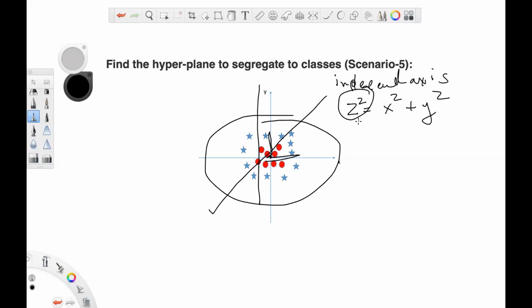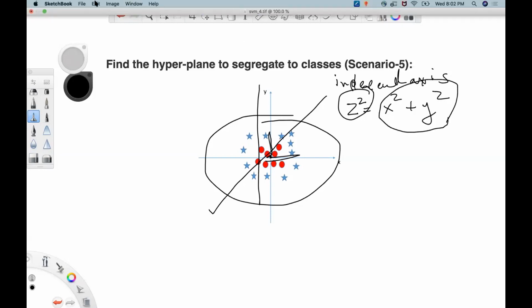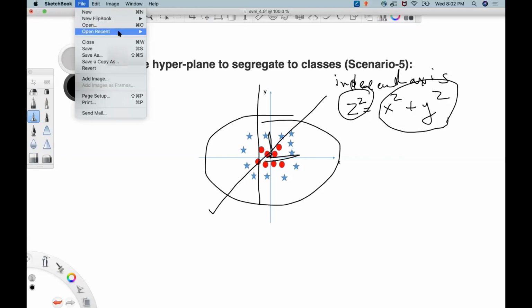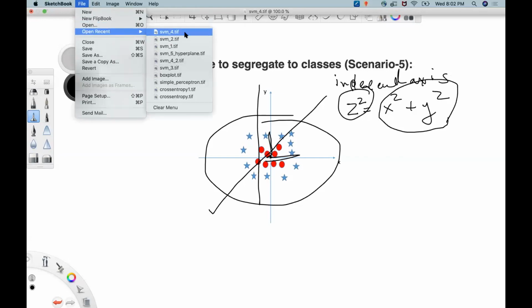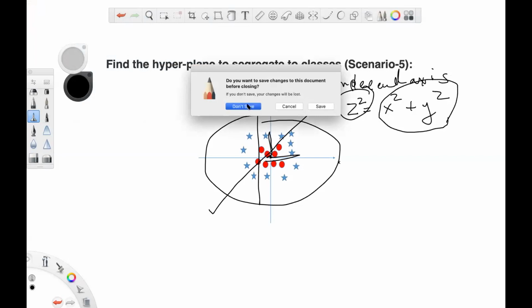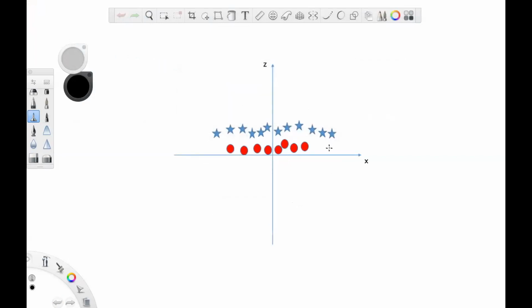Z is another axis. But we use this formula to get z, and internally z has become a non-linear variable. So at that point, it will become like this data set.